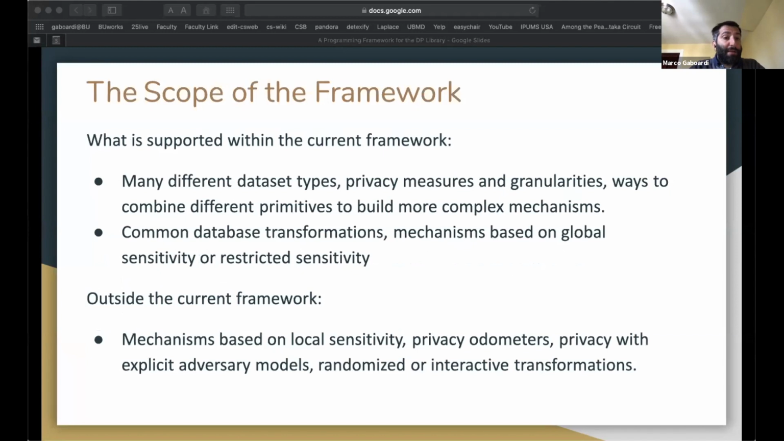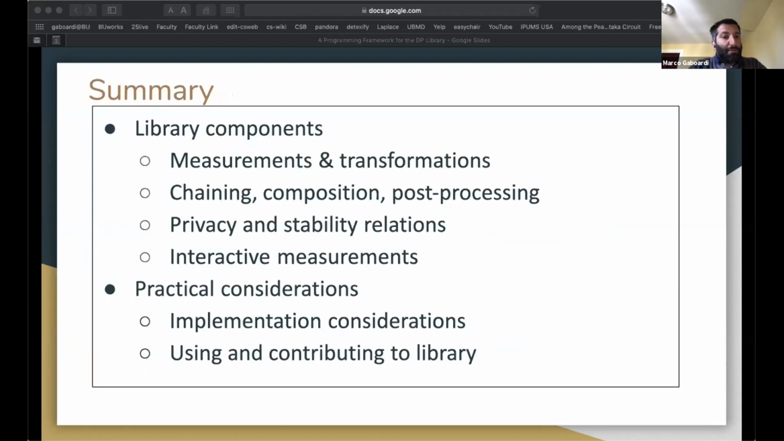What we have so far, what we show you, is a framework that supports many different data types, privacy measures, and transformations. And what we don't have yet, but hopefully in the future we will have, is some more advanced features of differential privacy, like privacy odometers or mechanisms based on local sensitivity, or support for randomized or interactive transformation. I ran out of time, and let me conclude by saying again what we try to give you